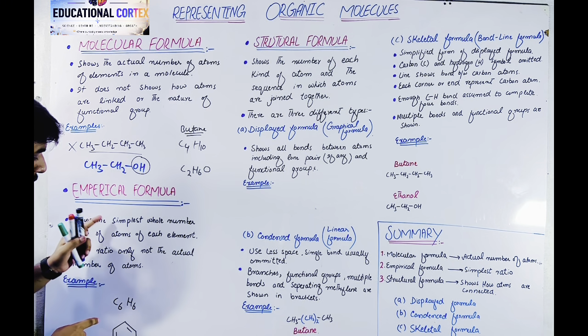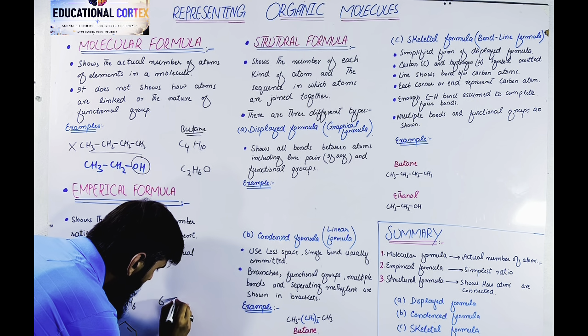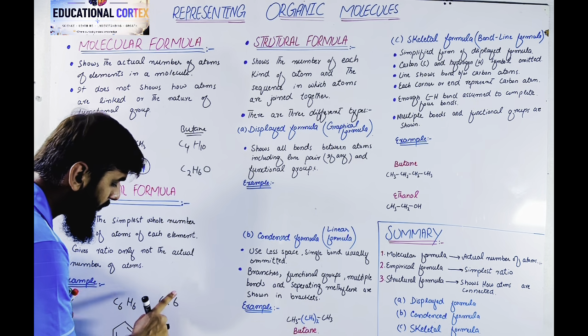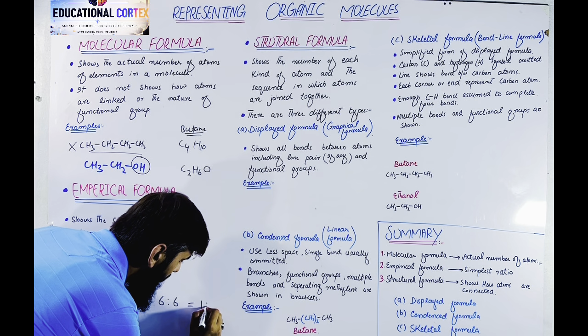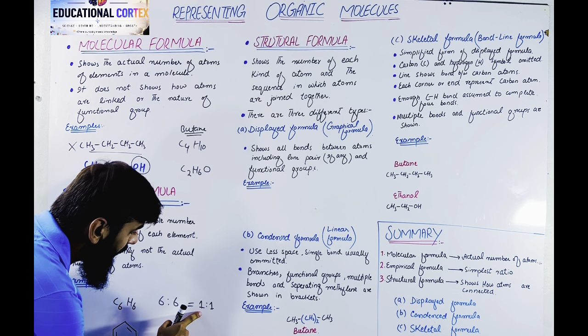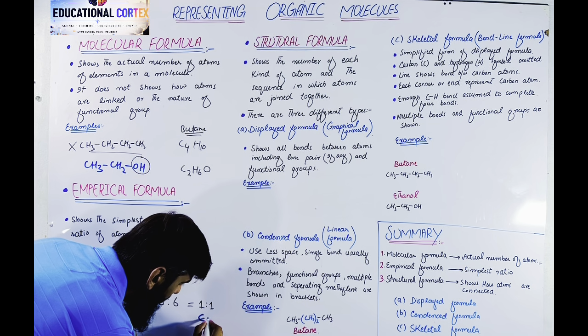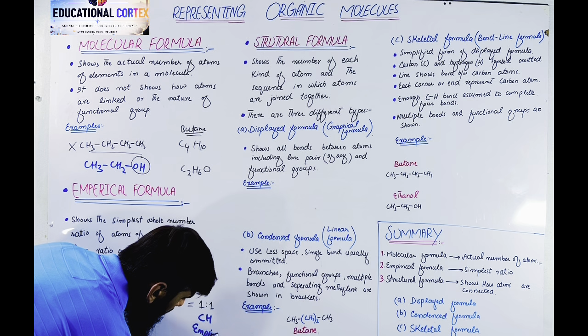If we talk about the empirical formula, then we will write 6 ratio 6. This 6 is for carbon and this 6 is for hydrogen. And the simplest whole number ratio of 6 ratio 6 is 1 ratio 1. So this one represents the carbon and this one represents the hydrogen. So the empirical formula of benzene is